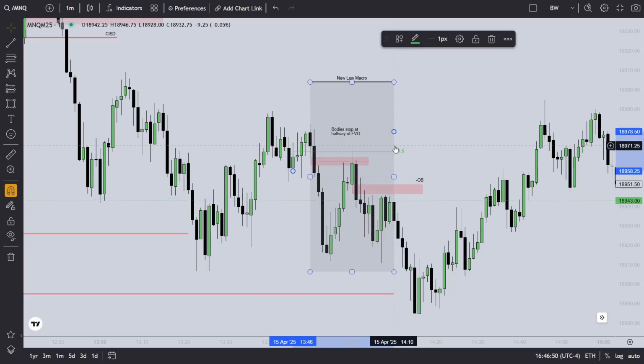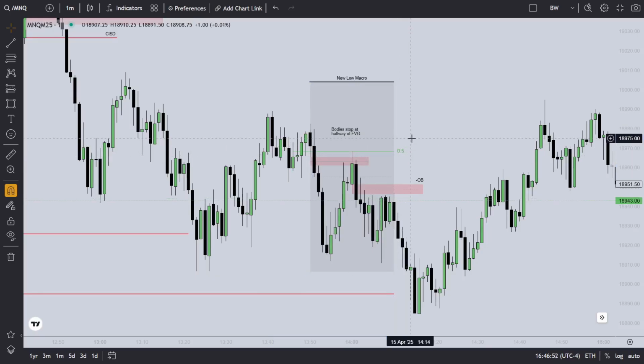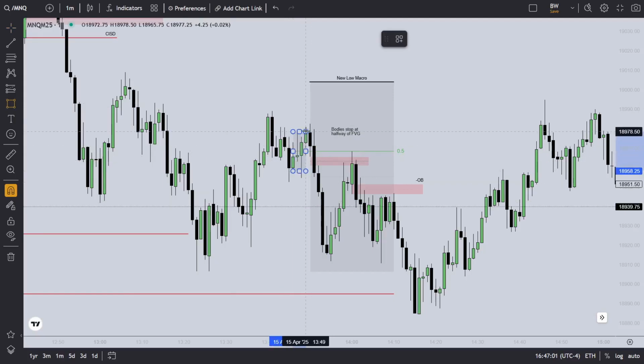Oh wait, shoot, it's not consequent encroachment. It's the mean threshold of an order block, right? For order blocks, you call it mean threshold. For fair value gaps, you call it consequent encroachment. So if I were to draw a little rectangle of this order block